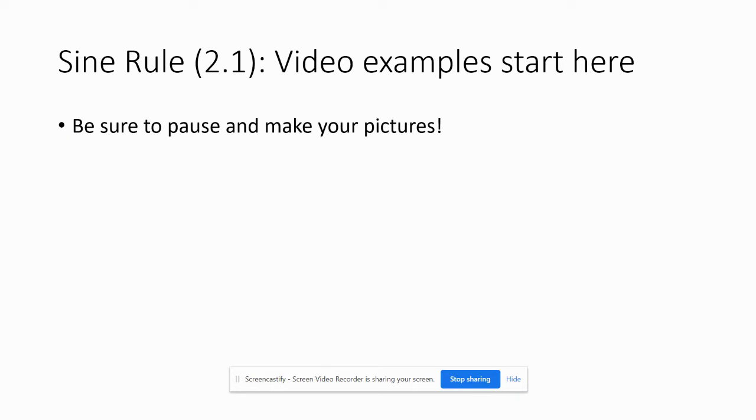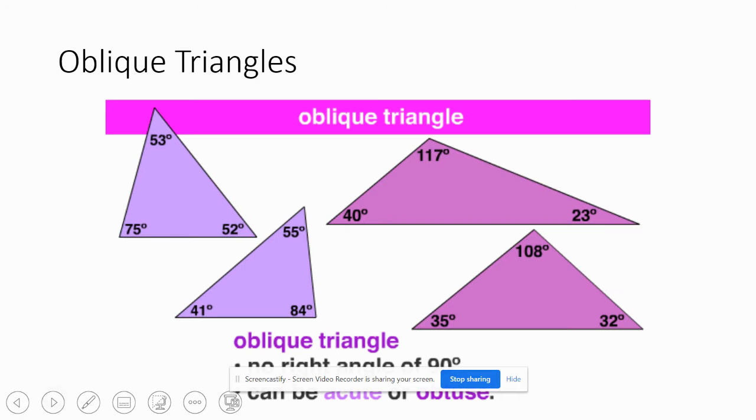So this is the notes for sine rule, or law of sines as it's sometimes called, section 2.1. This is going to be really important that you pause your video because there's going to be a lot of writing and you want to make sure you get good notes here, good examples. So we are talking about